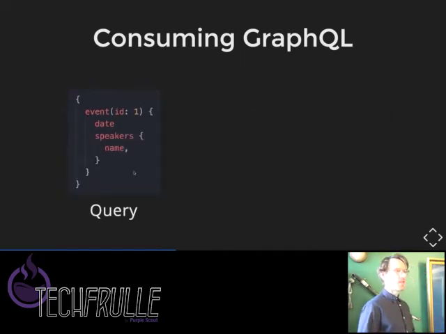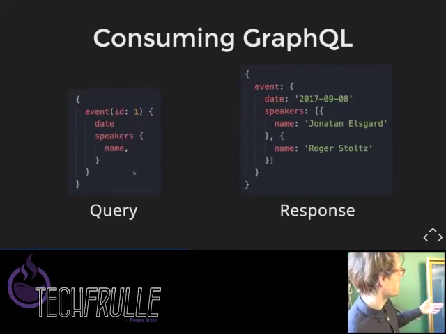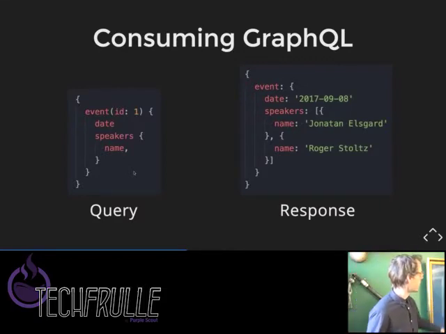But what if you want to query a relationship? It works exactly the same way. Relationships are just fields on other entities. So if I want to know which speakers presented at the first event, I literally just add a key, speakers, and say I'm interested in a name. And of course, there were multiple speakers. The schema defines it as a list, therefore it's an array. So it doesn't look exactly like it anymore,